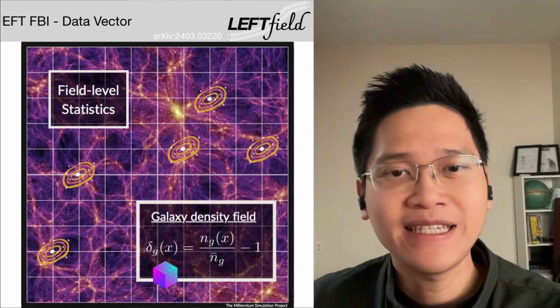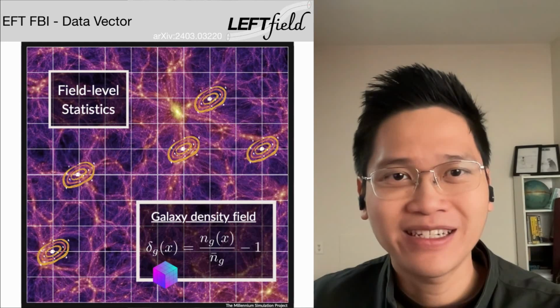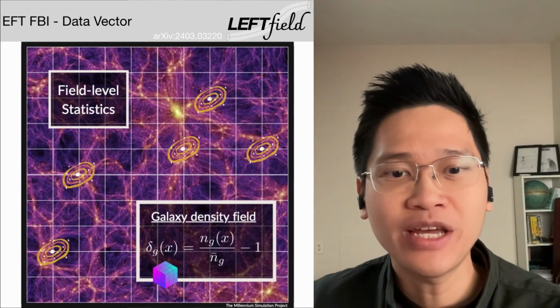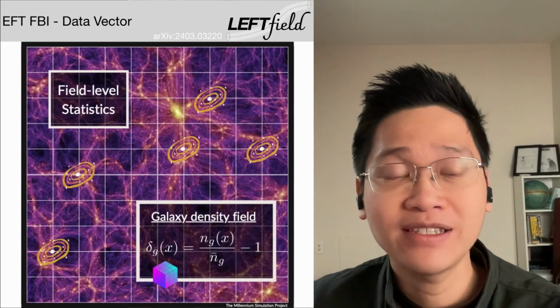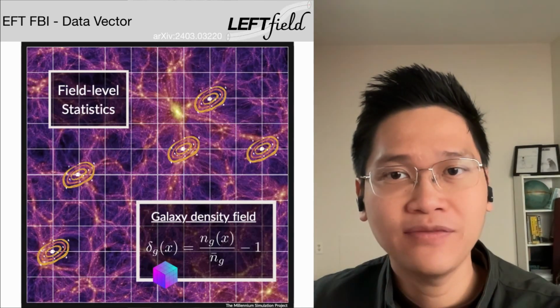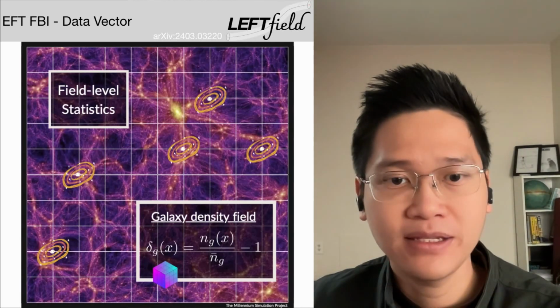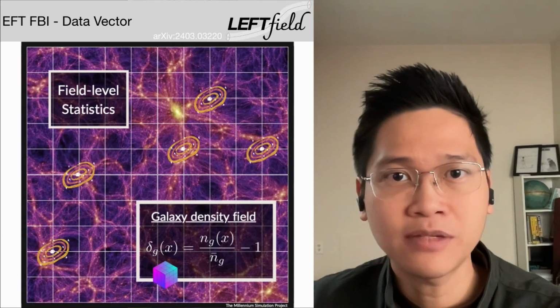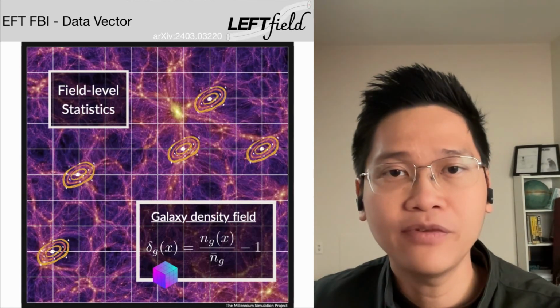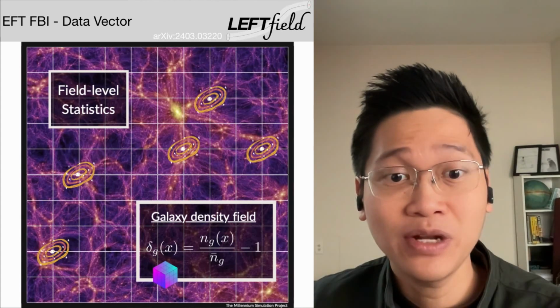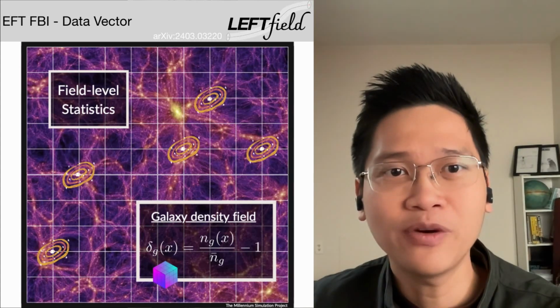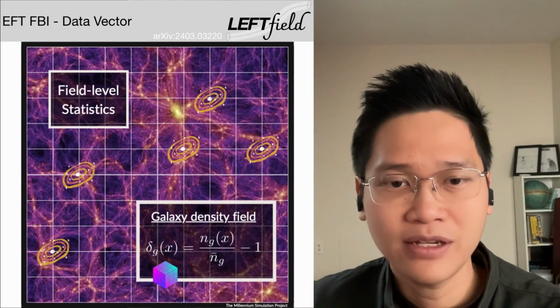The EFT FBI team analyzes the real space mocks directly at the level of the galaxy three-dimensional field. Our data vector consists of all Fourier wave vectors that represent the 3D galaxy fields. Our parameter space consists of the entire set of Fourier modes plus the sets of cosmology and galaxy bias parameters. The motivation behind field-level inference is to access all the information in the data. There's no data compression, so there should be no information loss up to the scale cut of the model and